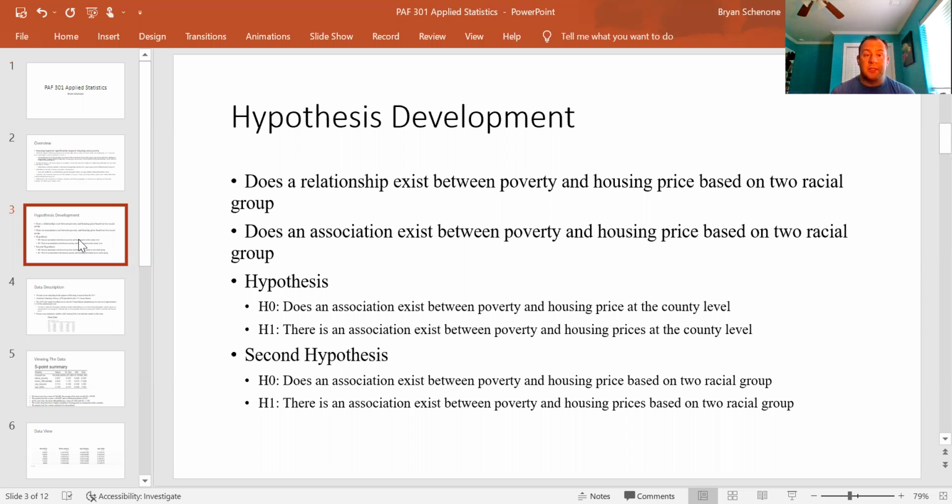Our H0 is going to be that no association exists between poverty and housing at the county level, and the alternative hypothesis will be that there is an association between poverty and housing prices at the county level. Our second hypothesis, or our null, is going to be: does an association exist between poverty and housing based on the two racial groups? So through some of the R data, we saw